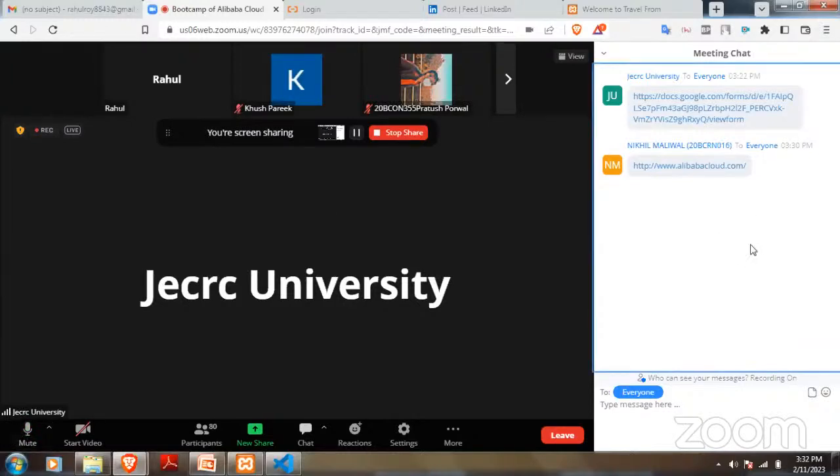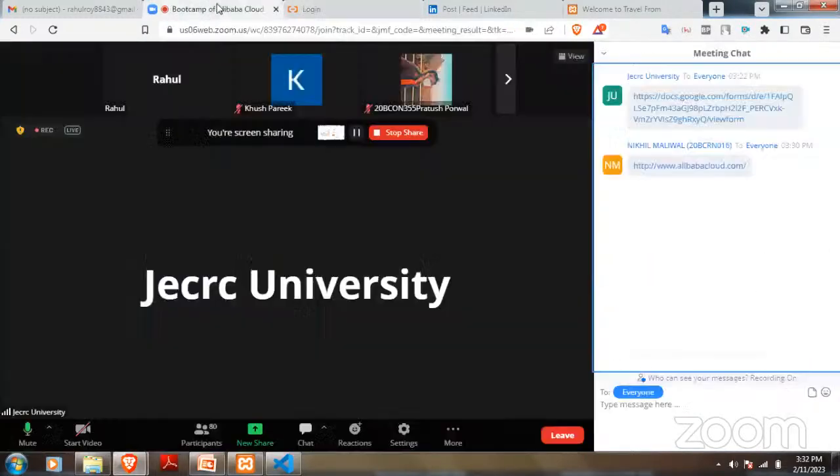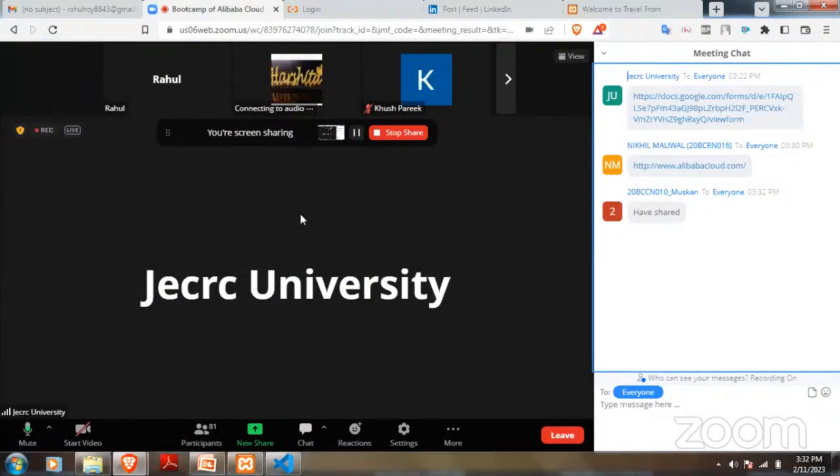I didn't get their credentials. I just need their ID and the password so that I can log in from here, and they can later on change their password so that I can show others. Okay.